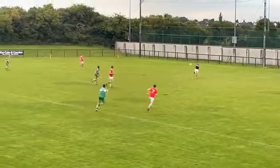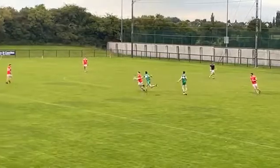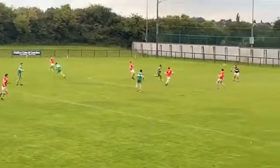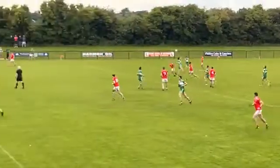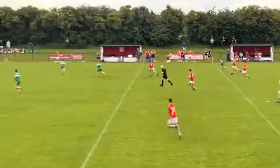So Petesy towards Kevin Nally here, little chip pass. Kevin picks it up, goes in between two players, trying to get a bit of space for himself. He looks like he's going to carry the ball. Managed to get the hand pass away just in time to Davey. Davey's had a good game. On to Luke. Luke again carries the ball forward strongly. Just gets away with a little hand pass to Davey, and now Trim are up and running,